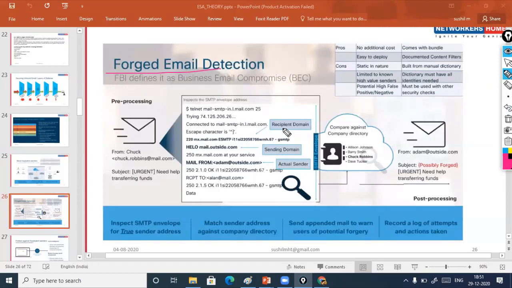Let's say, for business purposes, for compromising your business, you're getting a kind of email. They will search for who is the recipient domain, who is the sender domain, and who is the actual sender. So they will match all these characteristics,